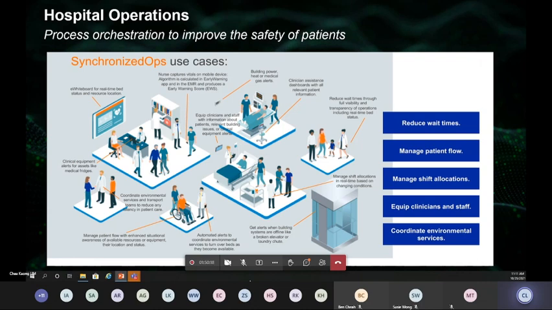We can reduce waiting time. We can ensure management of the patients during normal conditions, and most importantly during emergency time, be it a pandemic, an accident, or a natural calamity. When this kind of inflow of patients comes, what is going to happen? Shift allocation. All these are interrelated, which can be simulated through the digital twin concept or platform, to see what the outcome is, so that operators of the hospital can adopt the right actions and procedures to address those issues.